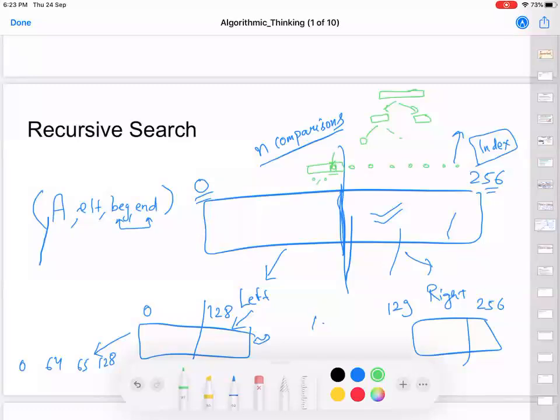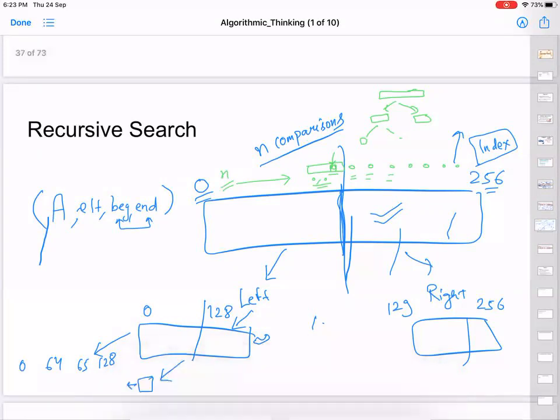That he just has to compare this element with the 0th location. This one will compare that element to the first location. This person over here will compare it to the second location, and so on and so forth. So even in this case, if you see, the number of comparisons which are going to be done is actually n, right? But we have just tried to write it down recursively.